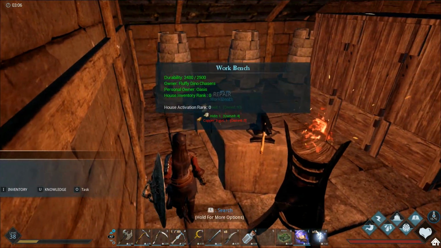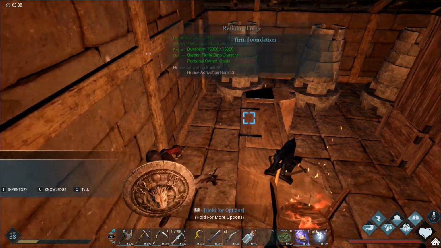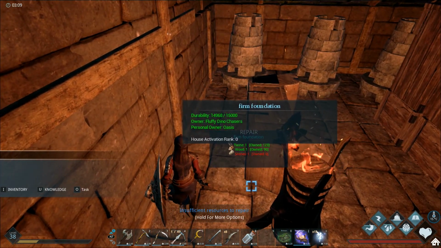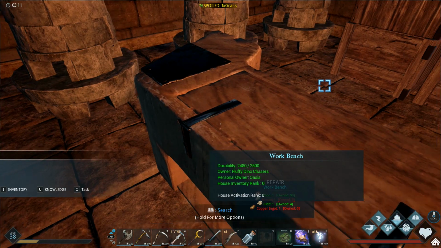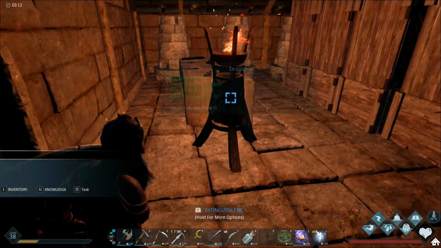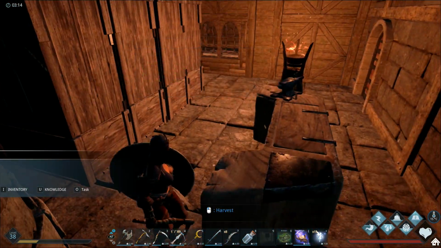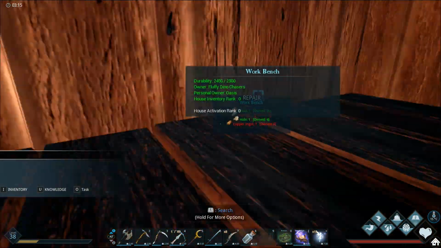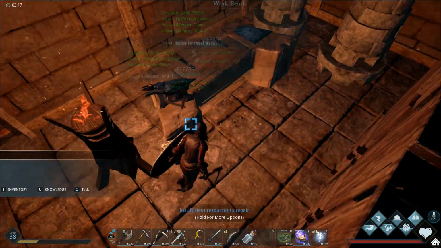I wanted to have this over here a little bit closer, but there's something blocking. I think it may be too close to the perimeter. So where the foundation is fine, this thing may not allow me to place it. But that's okay. It just means I can get in here and get to the forges a little bit easier, I guess. It is a little unfortunate, though. You know what I might be able to do? Let's see if we can...